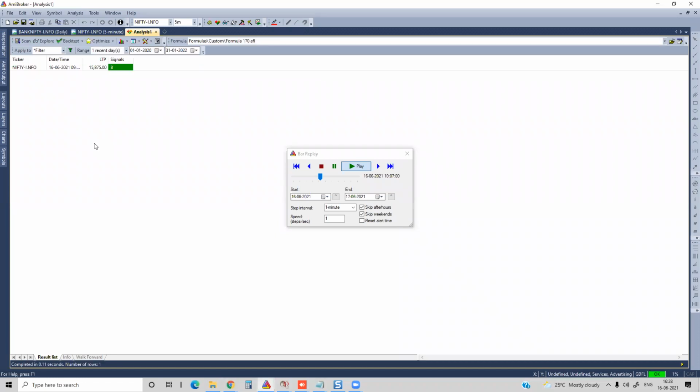So for any opportunity coming in for today, you have to select one recent day here. You can see that the sell signal happened in Nifty. X indicates what? Exit of longs. So the long position has been exited. Again, it went short in Bank Nifty. Short signal we got in Bank Nifty here.